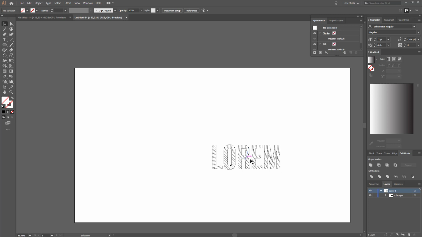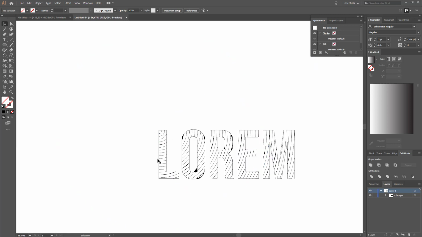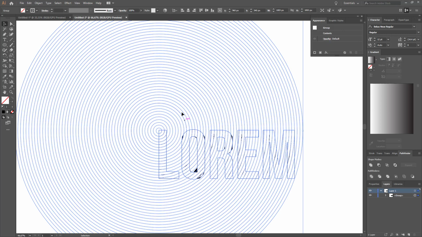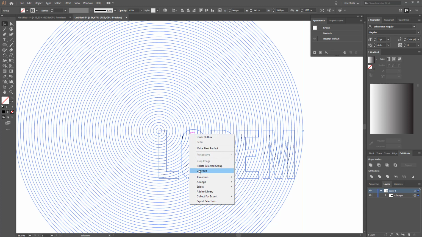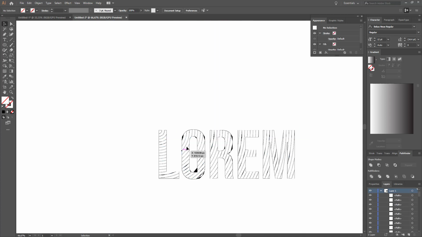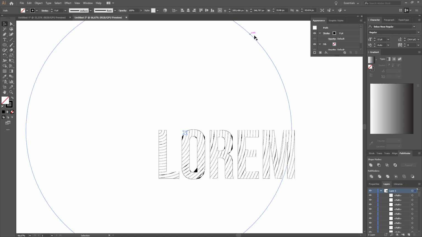Here we go. Now we only want those, but as you can see, when I move the mouse, we have again those parts that we don't want. To eliminate them, we just have to select and then ungroup. Now we select again, go to the upper bar and select similar object,